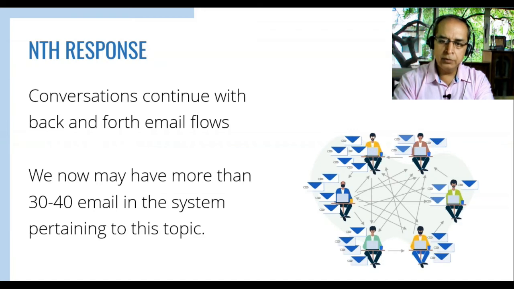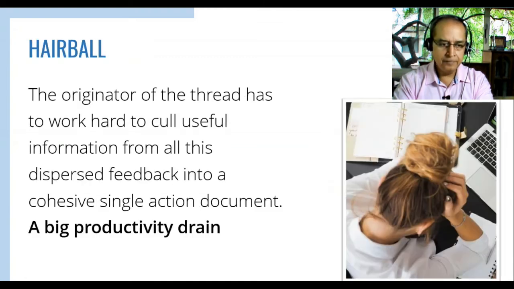And then they continue back and forth. Everybody has their point of view, they will reply all, and everything has to be a reply all because everybody has to be in the loop. So in the best case it might be 30-40 emails, in the worst case it might go past 100 as well. All pertaining to this topic, all having the attachments in duplicate maybe, all having multiple attachments sent by all these users. So can you imagine the amount of storage utilized by these emails? It's huge across the users.